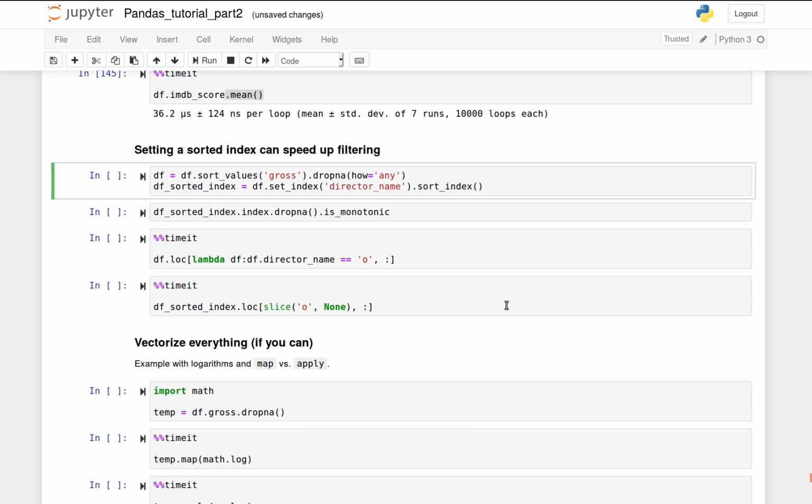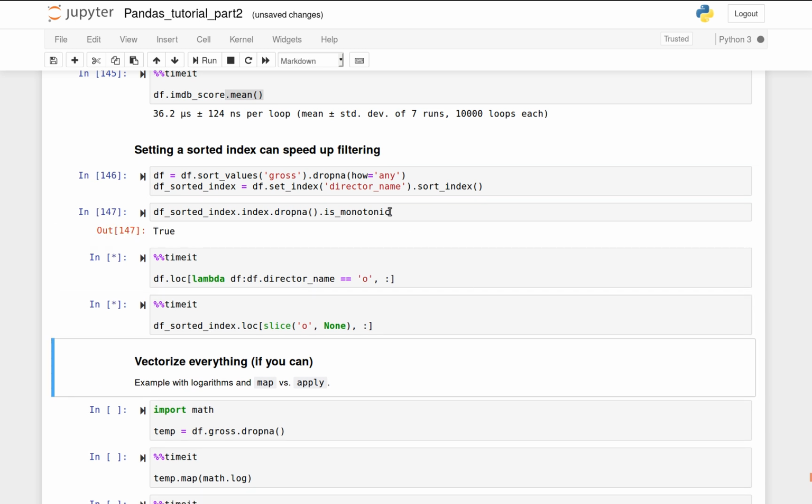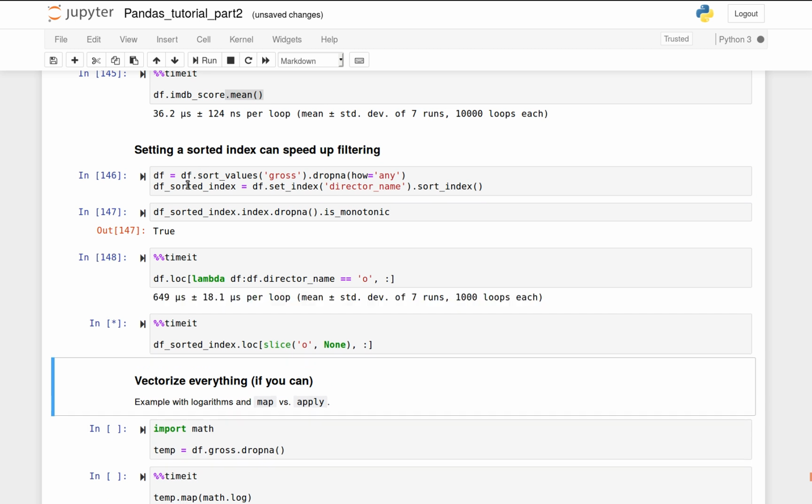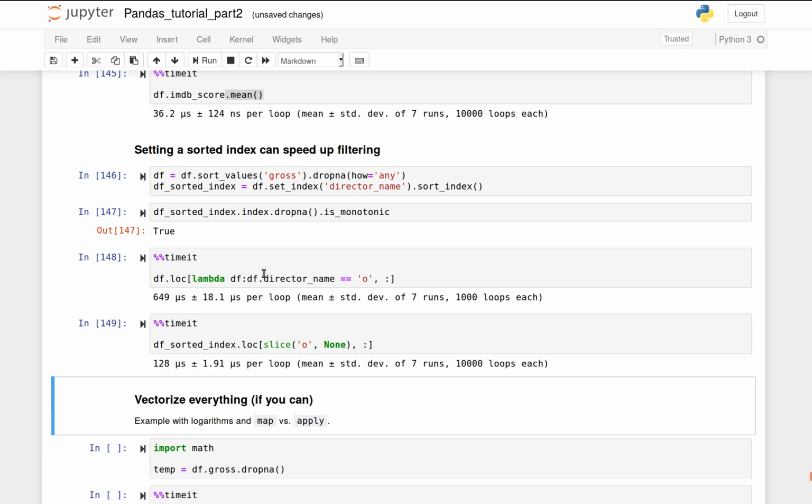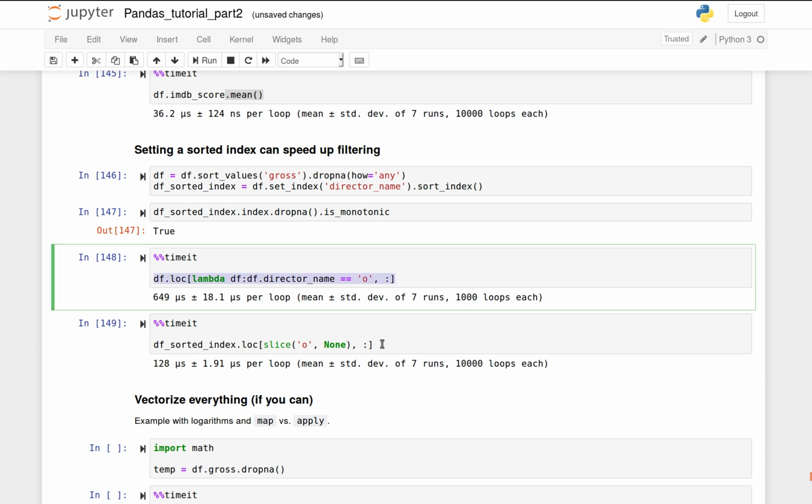You can use a sorted index and this can speed up filtering. So here I first sort by the gross value, and then I set the index. What am I doing here? I'm setting the index to the director name, and then I'm sorting it. And then I'm doing a query on the director name. So here, this is slower than this, because here it has to go through every director name and check if it's equal to O. And here it will